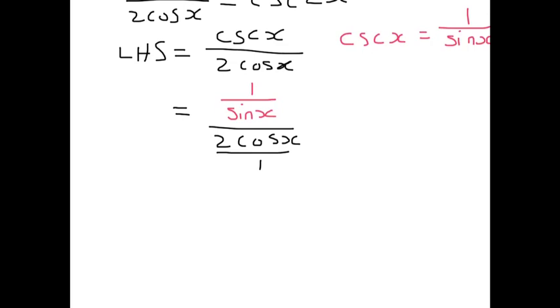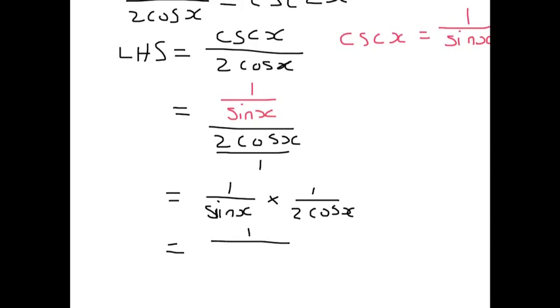So the rule with dividing fractions is you flip over the second term you're dividing, and then you multiply those two things together. So I'm going to write 1 over sine x, that's the top of my fraction. And then I'm going to write the reciprocal of the denominator, meaning I'm just going to flip this bottom term over, so the bottom becomes the top and the top becomes the bottom. And then I'm going to multiply, so that's 1 over sine x times 1 over 2 cosine x. Okay, and then I'm going to multiply those two terms together, giving me 1 over 2